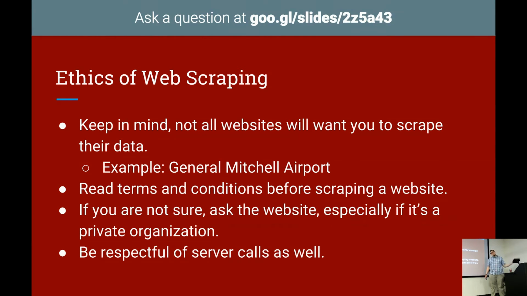If not, you can get blocked from websites. You can be restricted access to the data. If you're violating terms of service, there's a variety of situations that could happen to you. If you're not sure, ask the website. I always say, especially if it's a private company, if you're trying to scrape a company's private organization's data, they may not want you scraping it. Now, governments, on the other hand, everything is supposed to be free for the most part. You can usually scrape data without cause because it's technically the people's. In the case of private organizations, you want to make sure that you can scrape before you actually do.